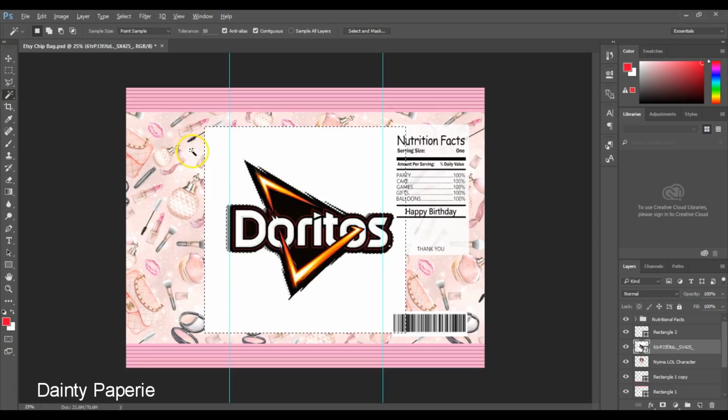So if you didn't catch that, all I did was go over to the left hand side, select the magic wand tool, then go back to my Doritos logo and click on the white space, and it automatically selects everything around it. Once you do this,